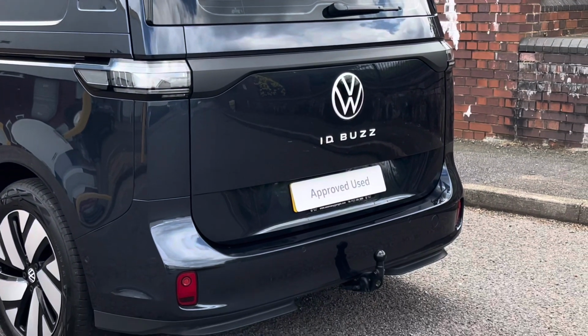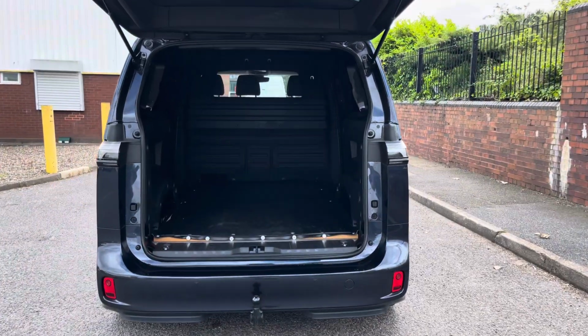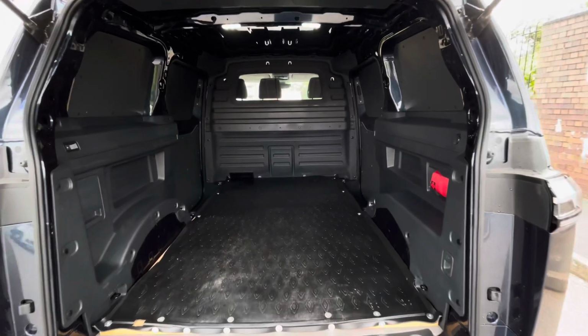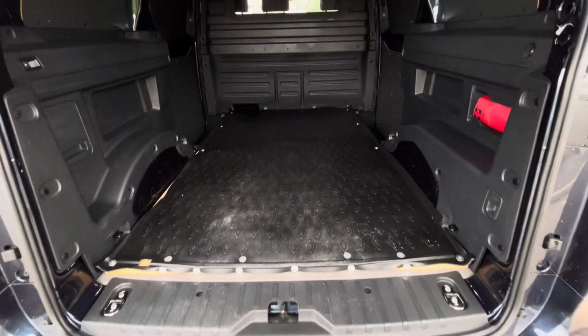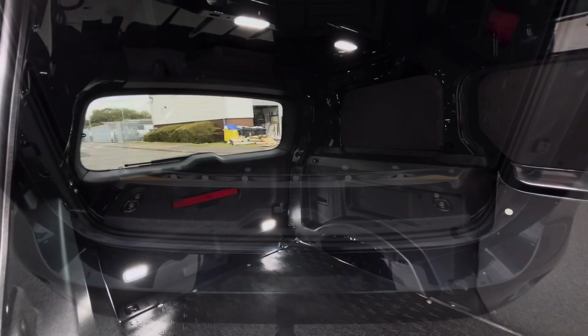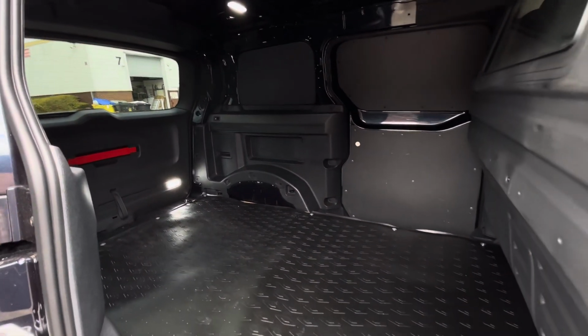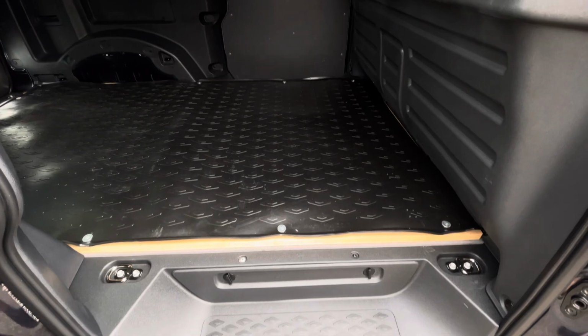Across the tailgate, we can find some ID Buzz badging, and located just above the rear number plate is a rear view reversing camera. Taking a look behind the tailgate and into the storage space or load area of this Cargo Buzz, there is a plenty amount of storage space as well as a few lashing points dotted throughout the load area floor. This Buzz comes with twin sliding doors, making access into the rear easy from either side of